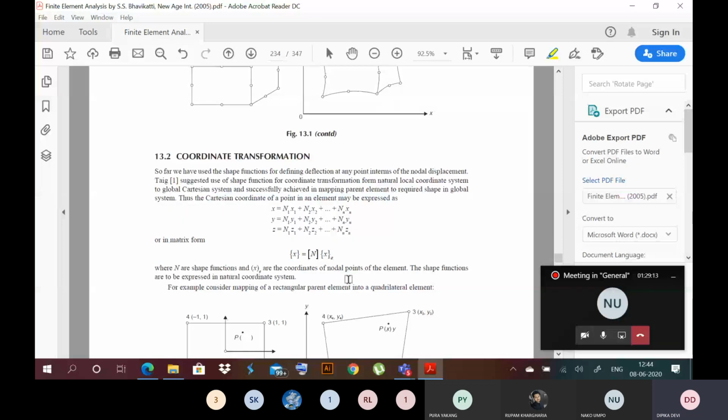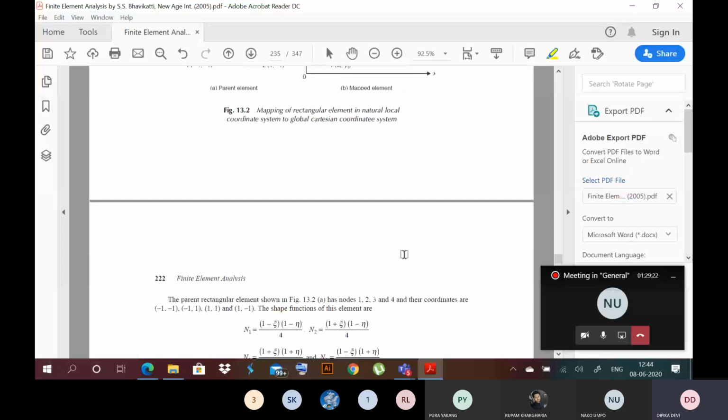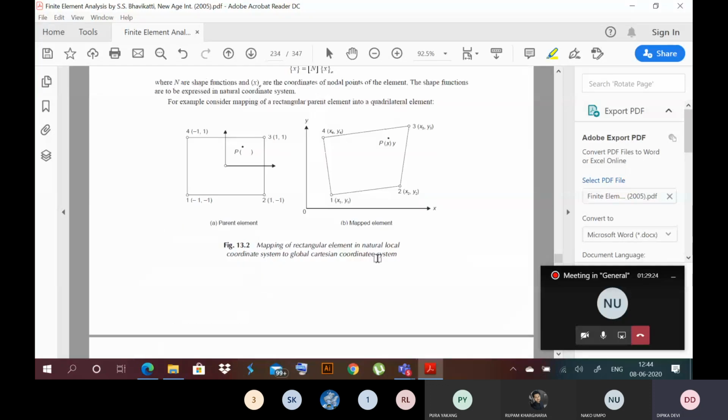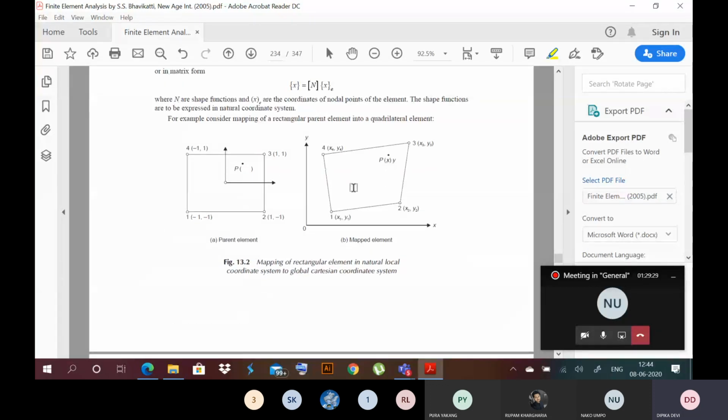Same expression, if you write for a 4-nodal rectangular element, what will you get? I think it is written here. Let's see. Yeah. Let us try to find out. Here we have a point P within the element, right? And the coordinate of point P in the natural coordinate system is known, because all our derivation will be in terms of natural coordinates. Let's say the coordinate of point P is known. It may be, let's say, 0.25 value of xi and 0.8 is the value of eta.